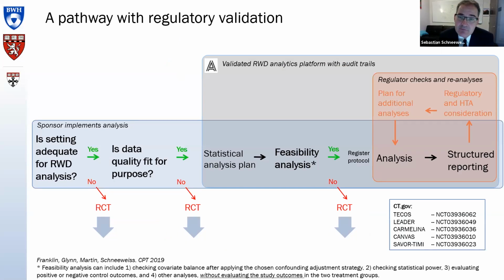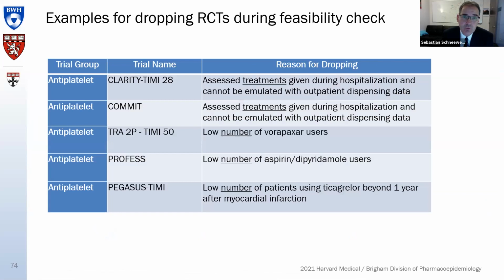This is the process that we have in the graphical depiction, moving from left to right: the data quality checks that lead to these many aborts where we said we cannot move forward. But once you pass the feasibility analysis and we still thought it's worthwhile doing the emulation, then we register the protocol before we do the associative study, do the analysis, then send the report and share the results with the FDA, and allow for feasibility and sensitivity analysis, changing definitions in conjunction with the regulators by sharing the analytic environment and the access to the data, although the data were still residing with us.